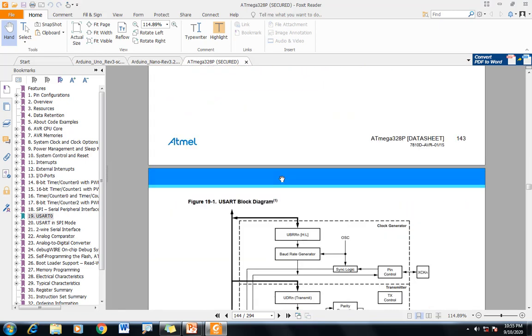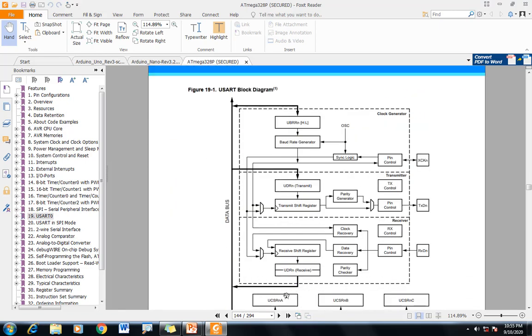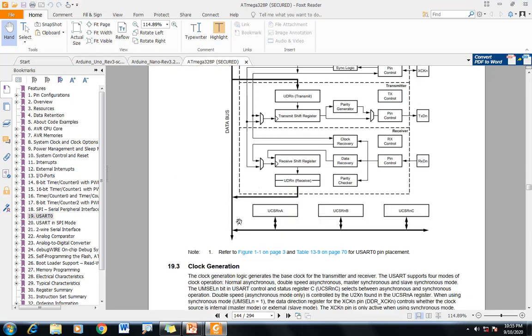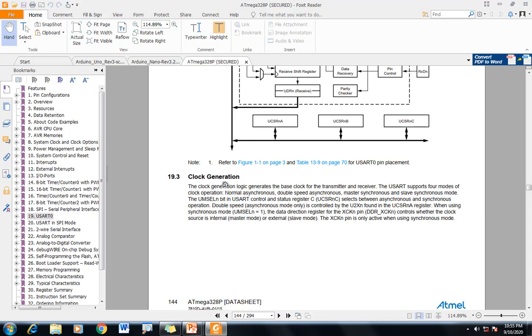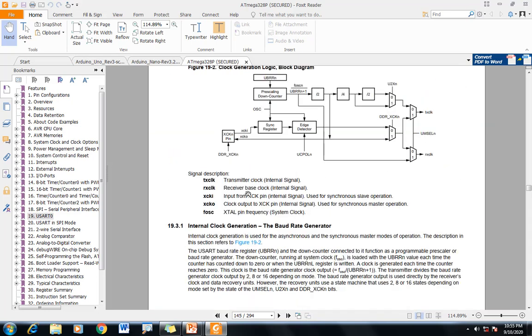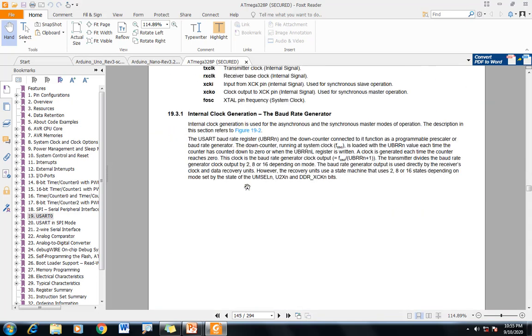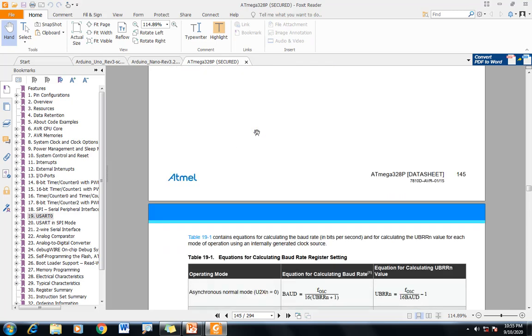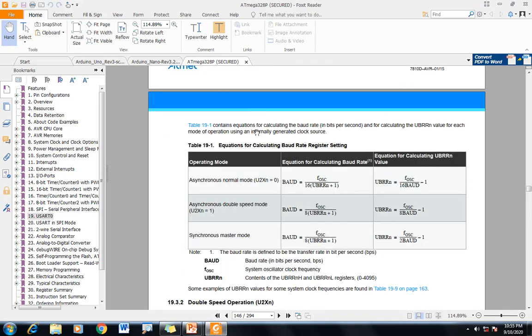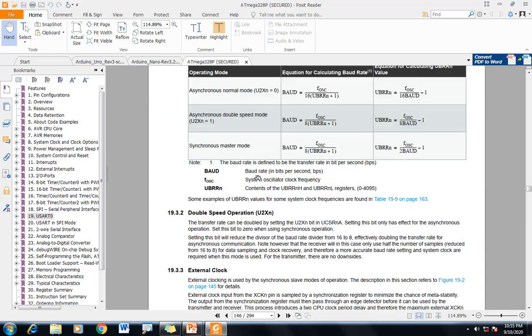You can see how exactly this block works, how we can generate a clock, which register you want to work on for the baud rate generator, and how we can calculate the baud rate for different modes.